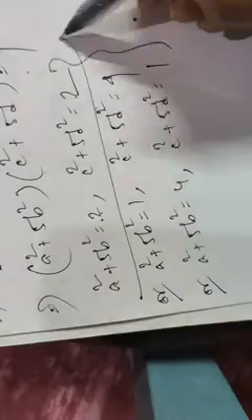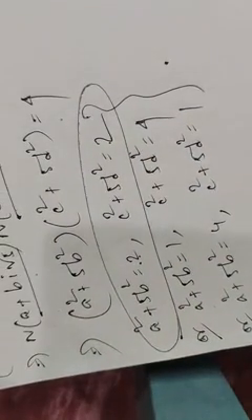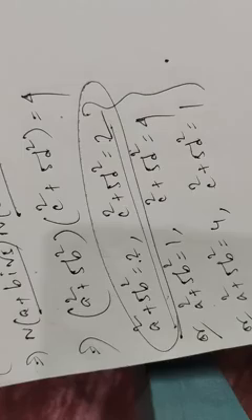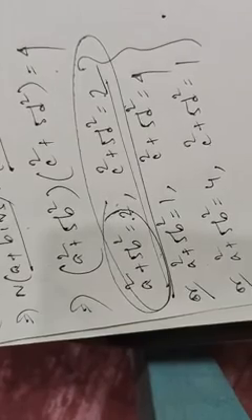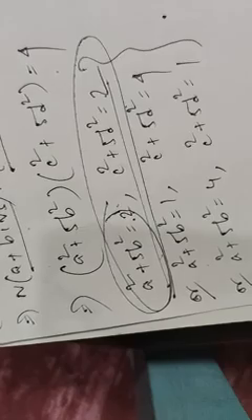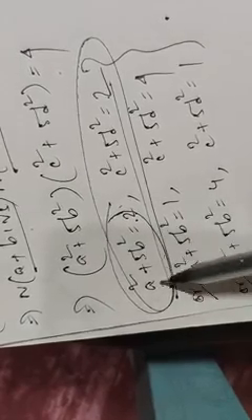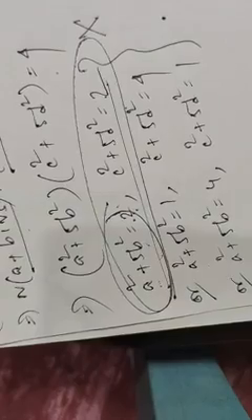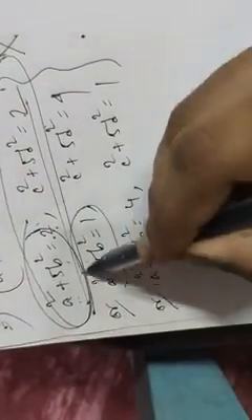Now check this condition, the first one. Is there any integer value for a and b such that it satisfies these conditions? That is, are there any integer values of a and b such that a square plus 5b square equals 2? And the answer is no. There doesn't exist any integer value such that these two terms sum to 2. So there is no value from this case. Check the second case.